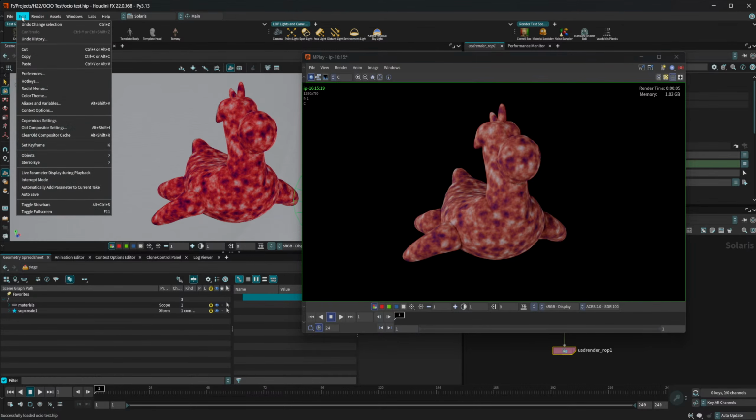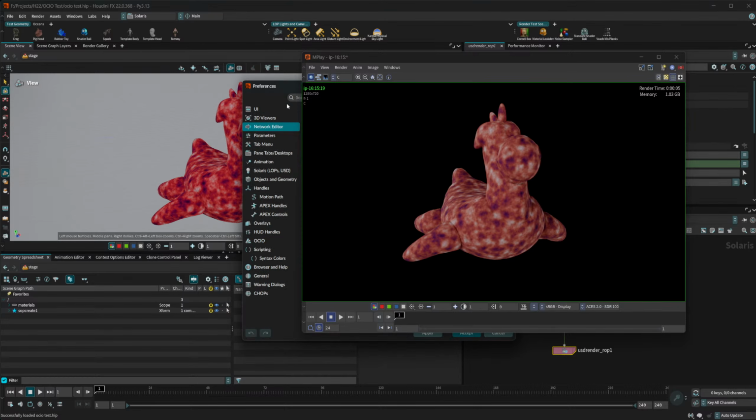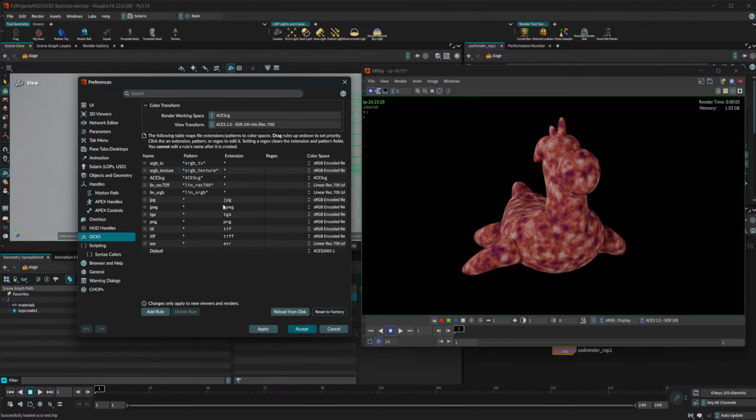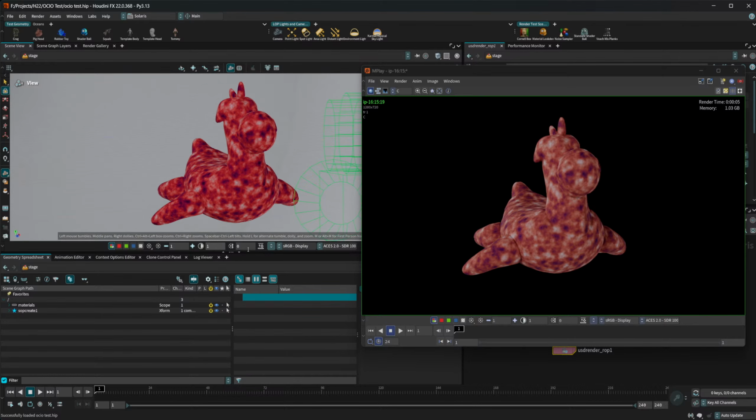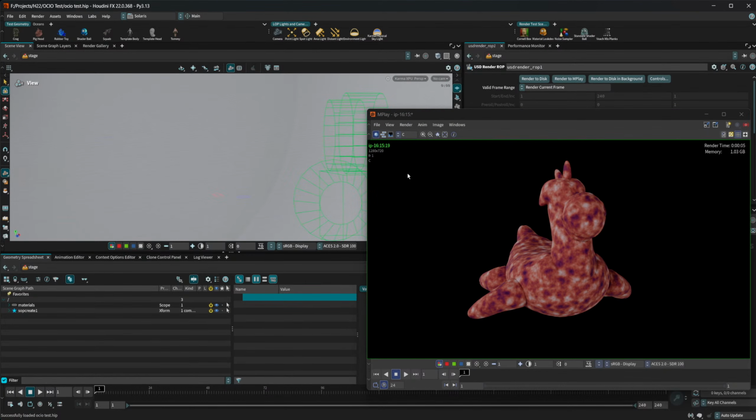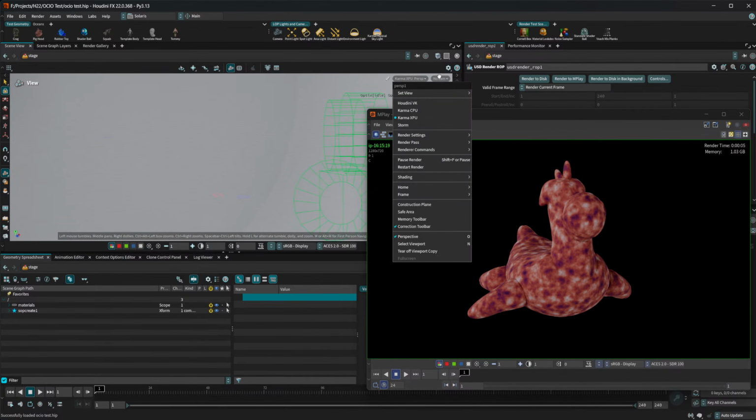So if I come up here, come to edit, preferences, if I look at OCIO, I've got this set to Aces CG, and this is Rec 709, right? So that's exactly what this is set to. sRGB, Rec 709. And same for my viewport here, Rec 709 Aces. So if I go ahead and render this Karma XPU, let's actually